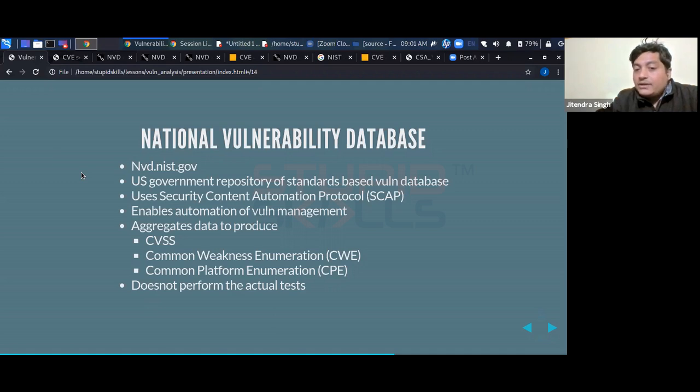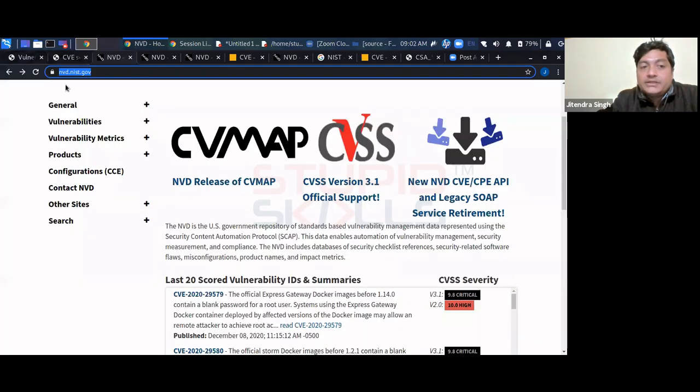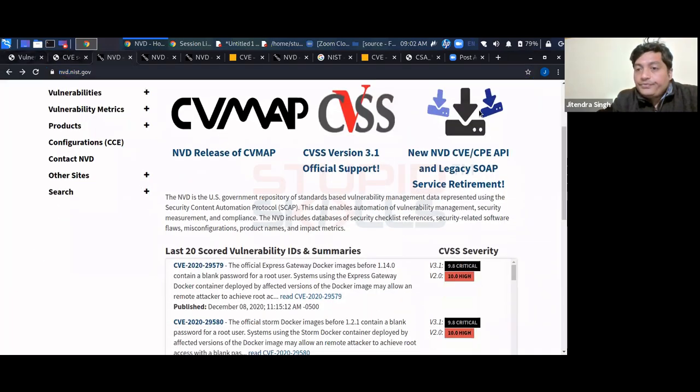Then you have Common Weakness Enumeration, Common Platform Enumeration. So from all of these platforms, it aggregates the data, but it does not perform the actual tests. That has to be done by people who are reading or searching on these databases. So let me show you the website. So it's nvd.nist.gov. Okay, as you can see,